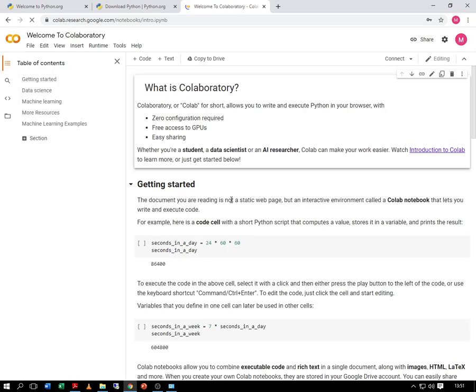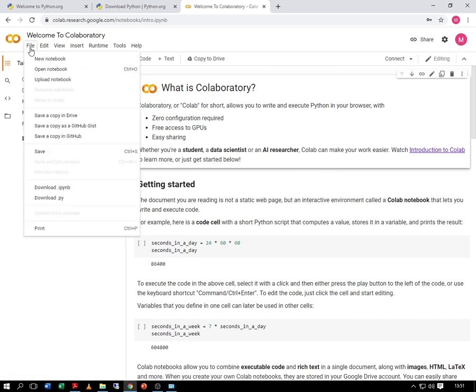It will just take a little bit of time. Once you have signed in, your mail ID will appear over here. Then you can go to File and New Notebook.